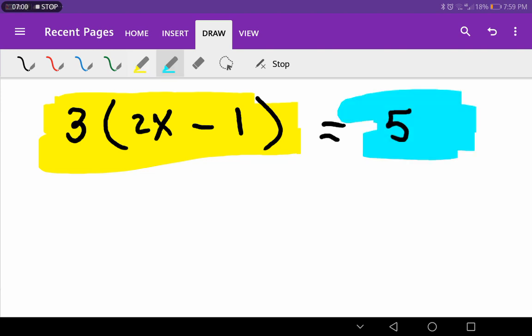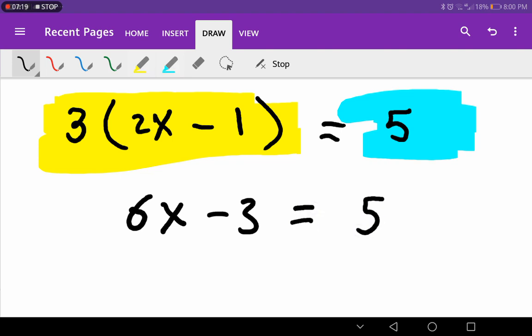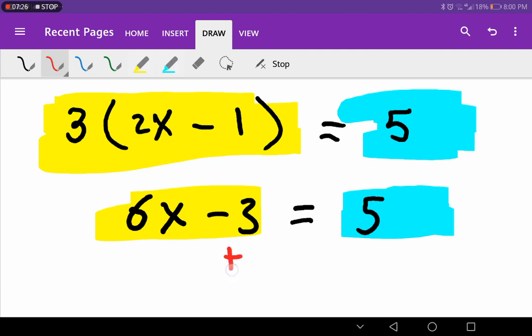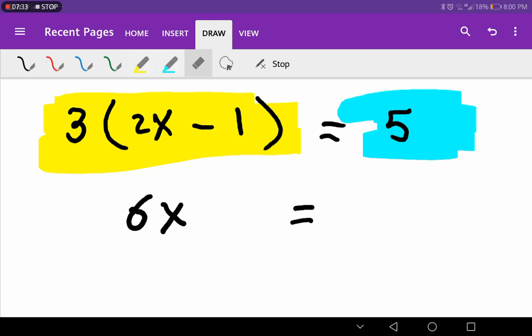Yes, we know each side is separated from the other. Now as you know, we break the parentheses. It will be 6x negative 3 equal 5. This is the first step. Again, left side, right side. Now we add 3 on both sides,